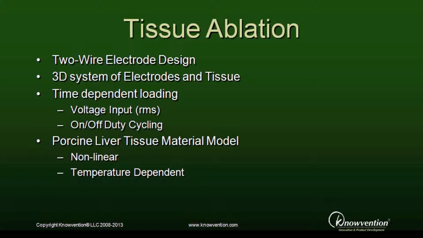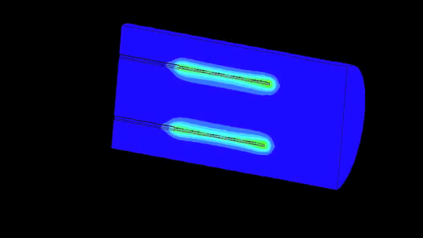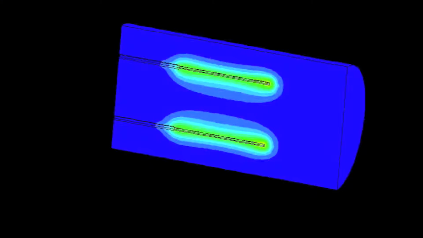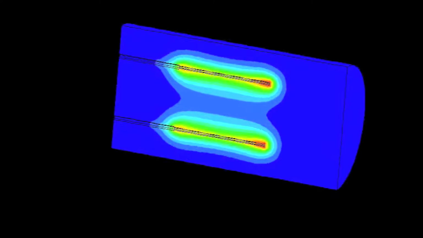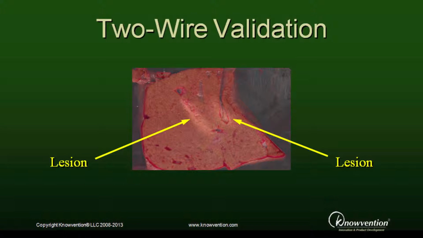The first tissue example is a fully 3-dimensional model of a simple 2-wire ablation electrode in liver. The voltage was time-dependent, switching on and off. The liver material is modified using a complex, nonlinear, temperature-dependent function. Here we see the cross-section view of the model showing temperature contours as a function of time. We can see the pulsing temperature distribution as the tissue heats and cools during cycling. This is a photo showing actual lesions in liver with the same hot dog on a stick shape as the